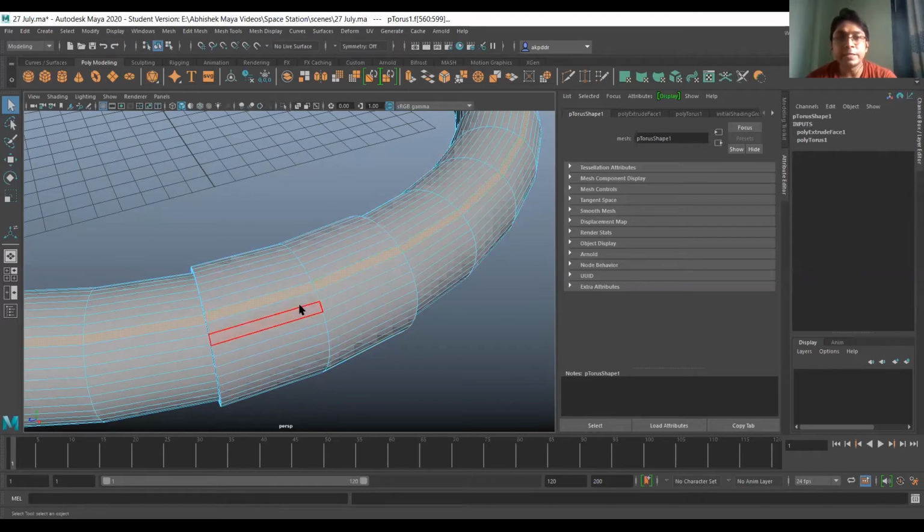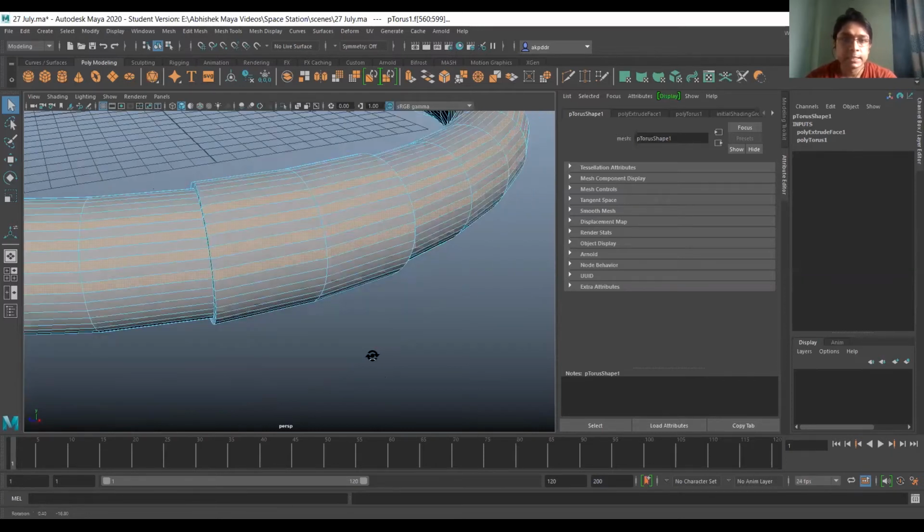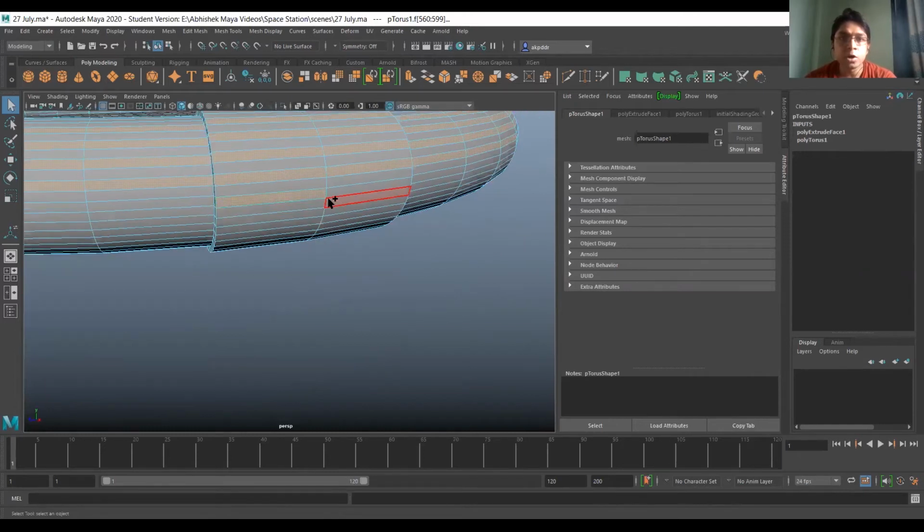Now alternative faces we have to select. So click on the face, hold your shift, double click on the next face. Simultaneously, we will do it for all the alternate faces.